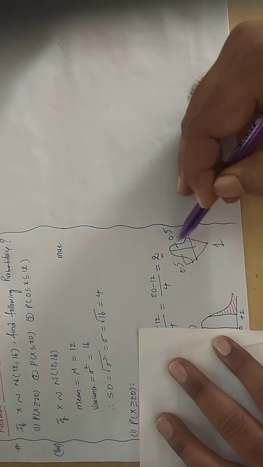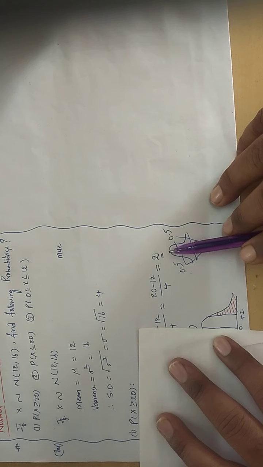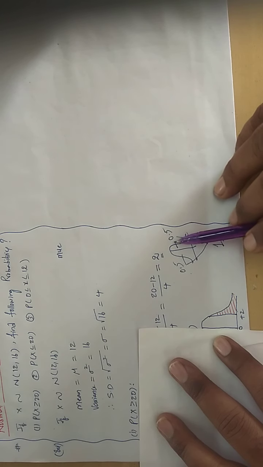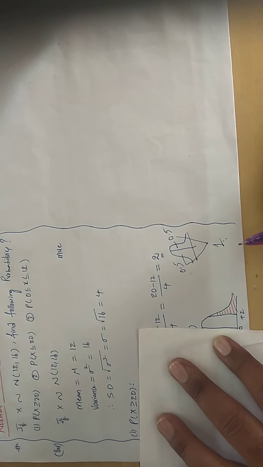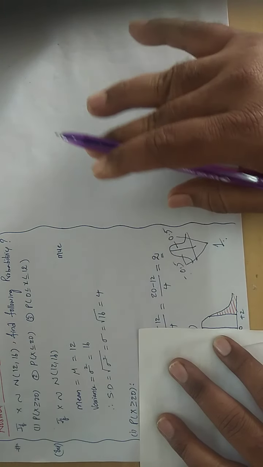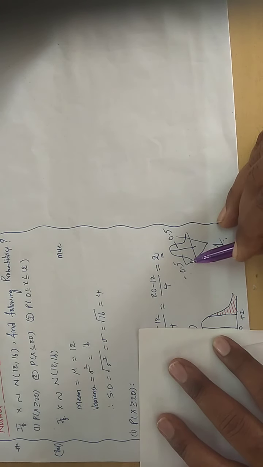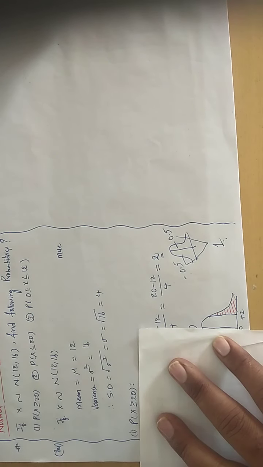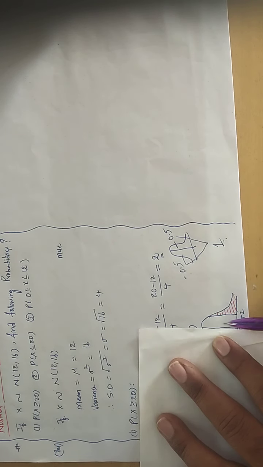The entire area we are assuming as 1 because the total probability is equal to 1. So to this middle line, the right hand side area is going to be 0.5, and the left hand side area is going to be 0.5. Strictly speaking, I should say minus 0.5, but area cannot be measured in negative terms, so even the negative value we are assuming as positive only. Now what do we do? From the entire half area of 0.5, up to this whatever probability is there, we subtract, and we get the answer.